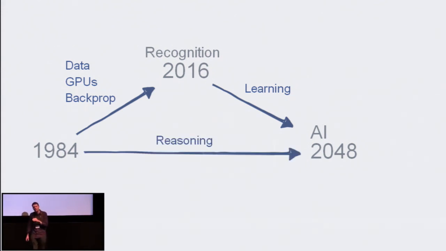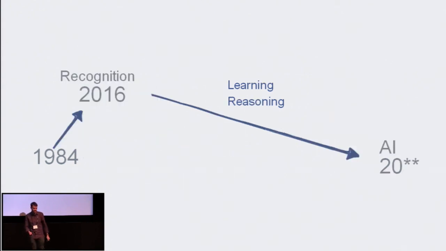And if you look at reasoning in particular, we're just at the beginning stages of this. And for me, this is what's so exciting. There's still so much work to be done. And at a high level, what's interesting is that it's not a clear roadmap. We don't know how reasoning is going to be solved. We don't know how learning is going to be solved. We don't know how we're going to crack the unsupervised learning problem. Because of this, it's hard to give a time frame. But one thing I can guarantee is that as we explore AI, computer vision is going to be our playground for research in this area.